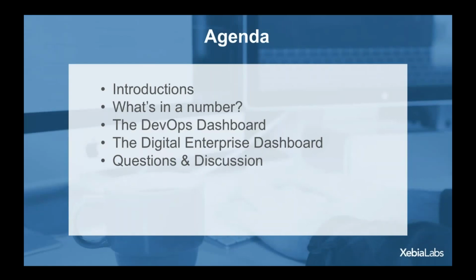To give you a high-level flow of what we'll look at, I'm going to start with this notion of metrics in general. Why would we measure things, what's important to measure from a DevOps perspective, and what are metrics valuable for in the first place, given what we understand about DevOps. And then we'll look at how your collection and presentation of those metrics can evolve over time as your maturity evolves, from the early stages of automation and optimization up through really becoming a digital enterprise.